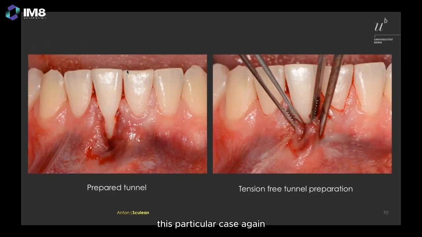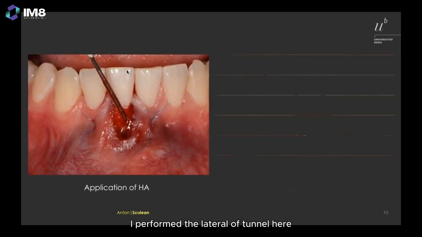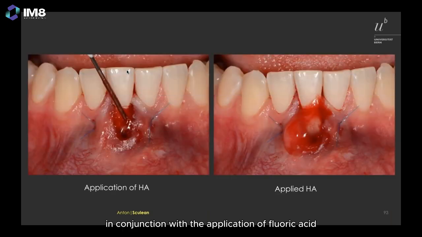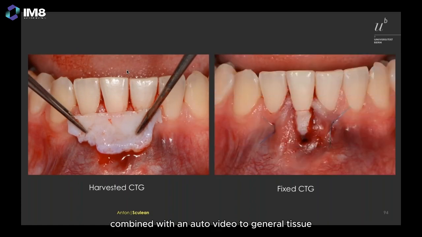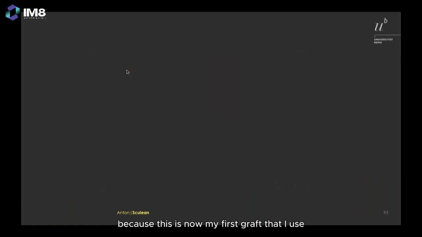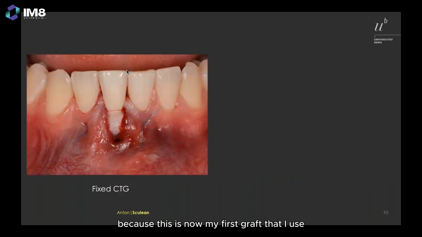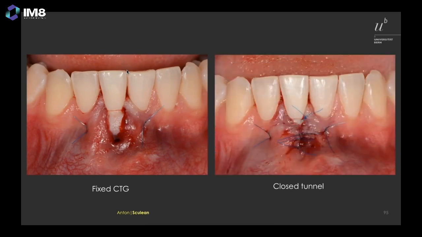In this particular case, again after completion of the orthodontic treatment, I performed a lateral move tunnel, here in conjunction with the application of hyaluronic acid, which is very hydrophilic and stabilizes the blood clot. And of course, combined with the autogenous tissue, because this is now my first graft that I use in these challenging cases. This is the material of choice. Then almost complete closure